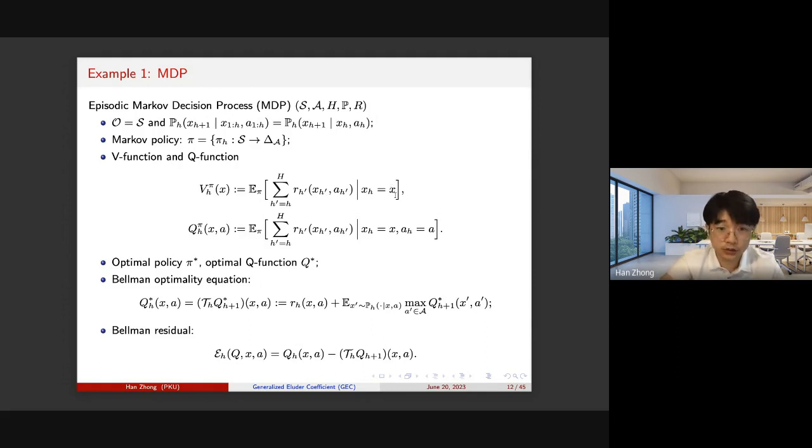For the optimal policy pi star, we also define the optimal Q function, Q star. It's known to us that Q star satisfies the Bellman optimality equation, which means Q_h star equals the Bellman operator T_h operating on Q_{h+1} star. Here is the definition of the Bellman operator. Then we can define the Bellman residual. For any Q function, the Bellman residual is defined as Q_h minus T_h Q_{h+1}. And for Q star, the Bellman residual equals 0. More generally,